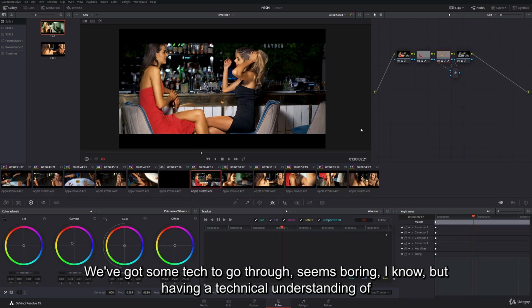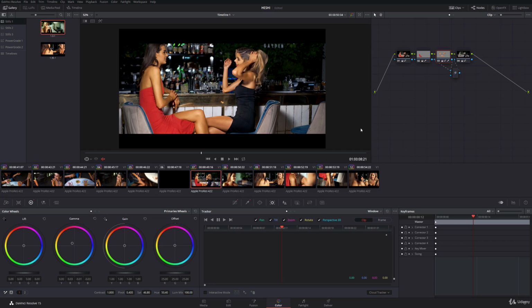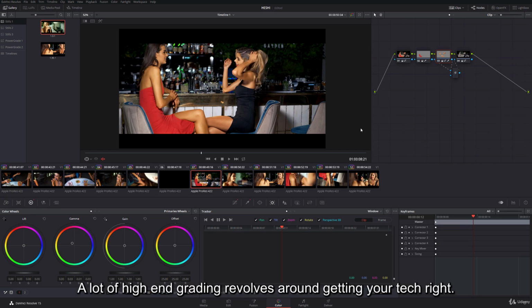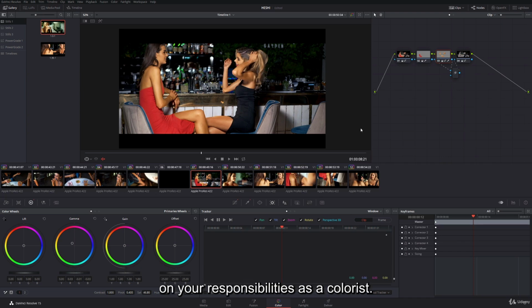We've got some tech to go through. Seems boring, I know, but having a technical understanding of what you're working with will help you make the best decisions whilst grading. Don't skip over this, don't tune it out. A lot of high-end grading revolves around getting your tech right. You need to get your settings, your setup, and your export spot on, or you just haven't delivered on your